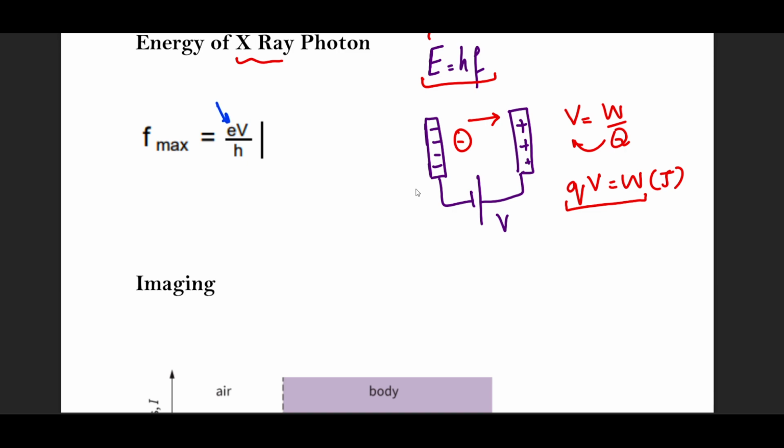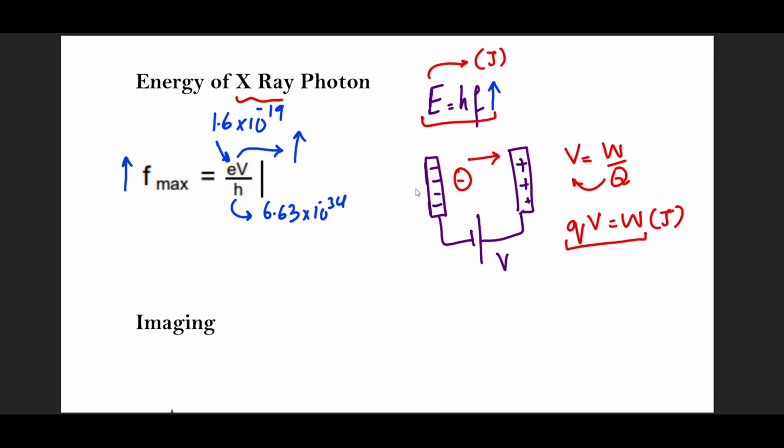Because e is the elementary charge, which is 1.6 x 10^-19. So we can't change that, primarily because that's a constant. h is the Planck constant, which is 6.63 x 10^-34 joule seconds. So what we are left with is just this voltage. If I increase the voltage, the frequency increases, and we understand that if we increase the frequency, the energy